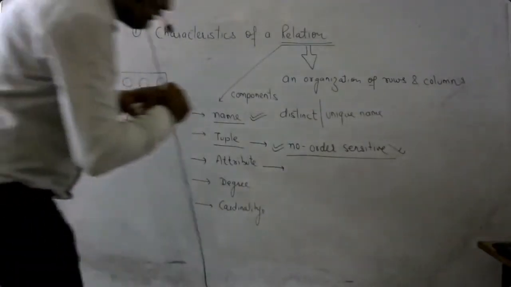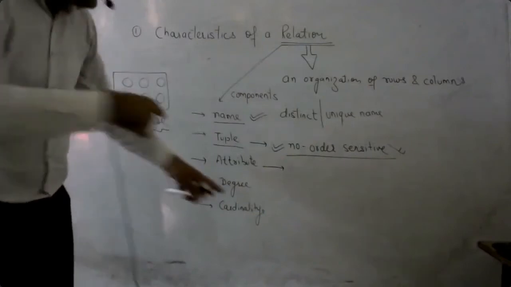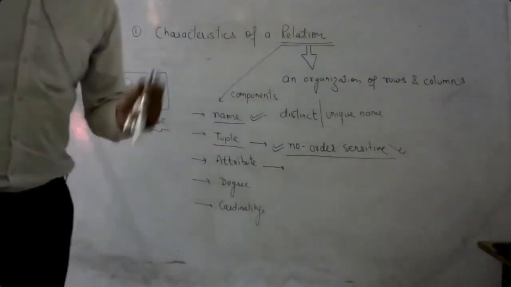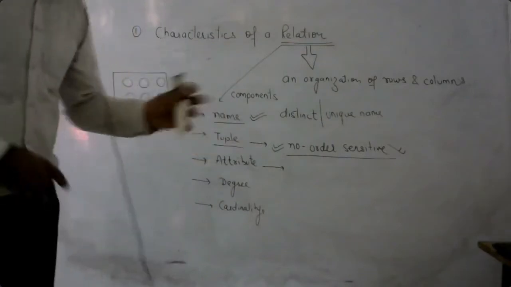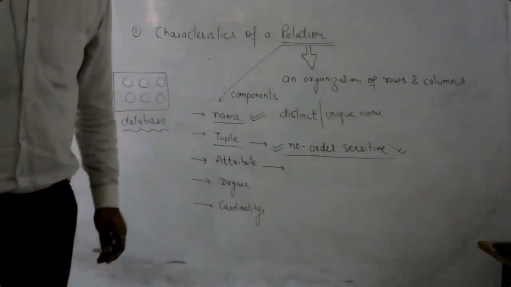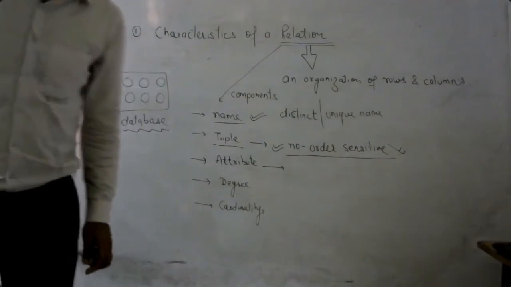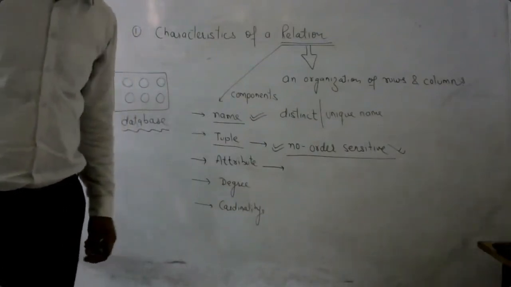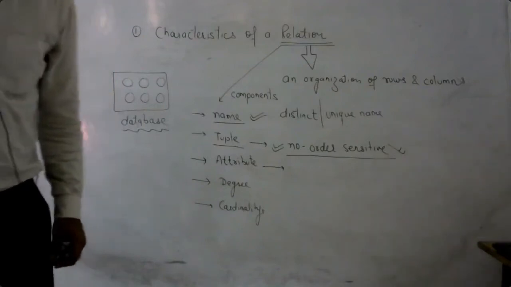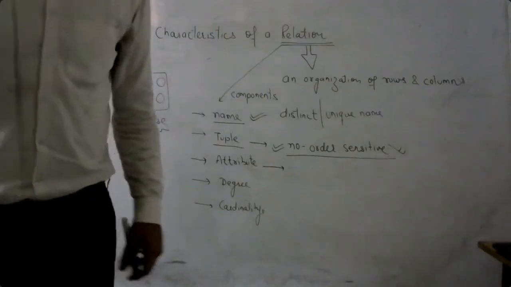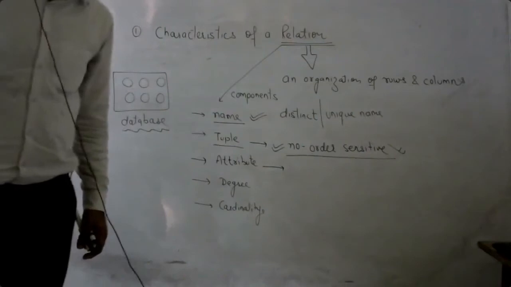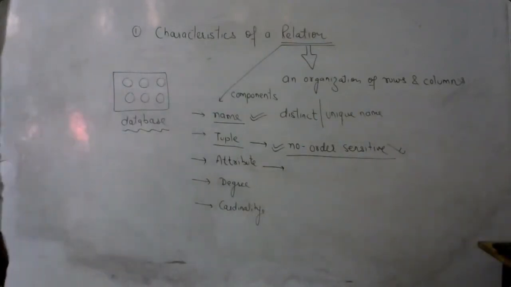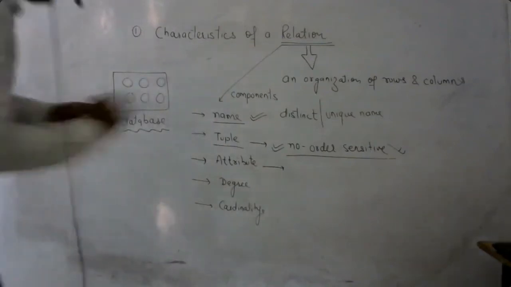If we talk about yesterday's relation which we discussed on the whiteboard, there was a table. The first attribute, the first field, was emp underscore code. The second attribute was name and the third attribute was year. Now it totally depends upon the developer, the one who developed the software, in which order he or she wants to put the attributes. There is no issue with it.